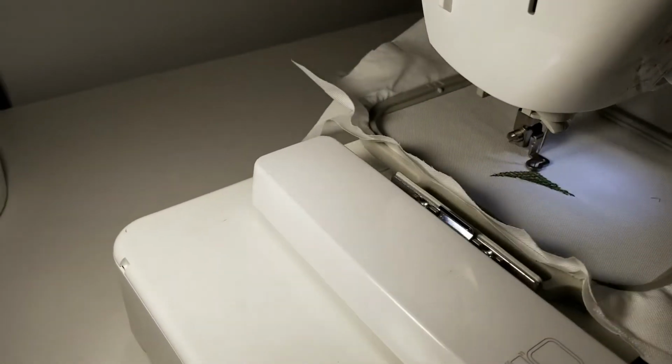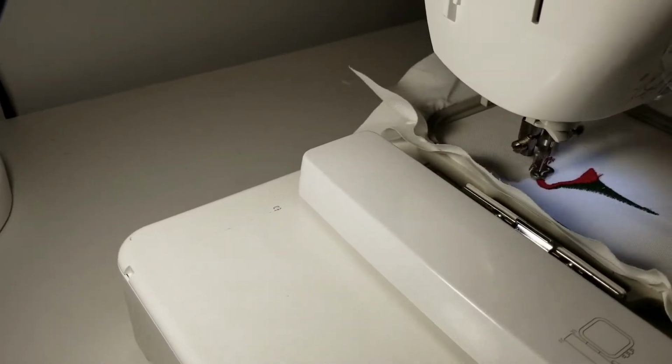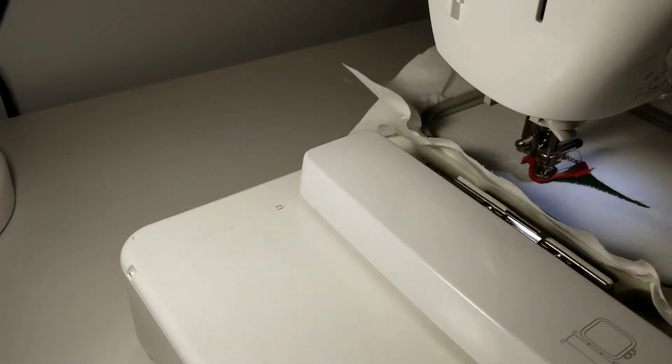Welcome back. I'm here with another embroidery project. This one is an abstract ladies face. And of course, you guessed it, I got it from